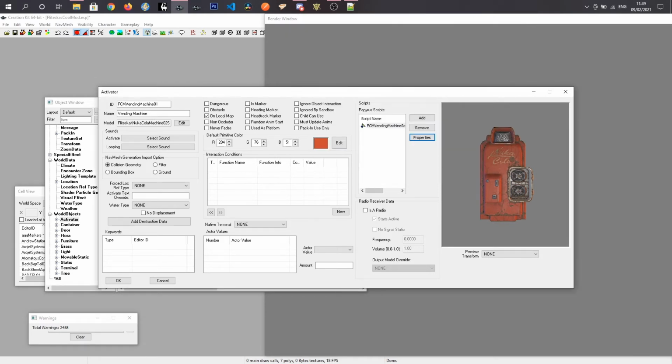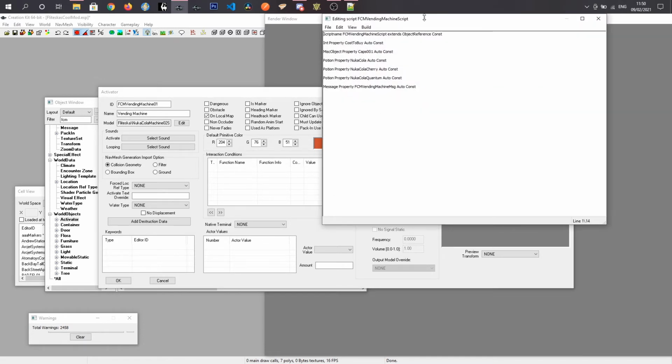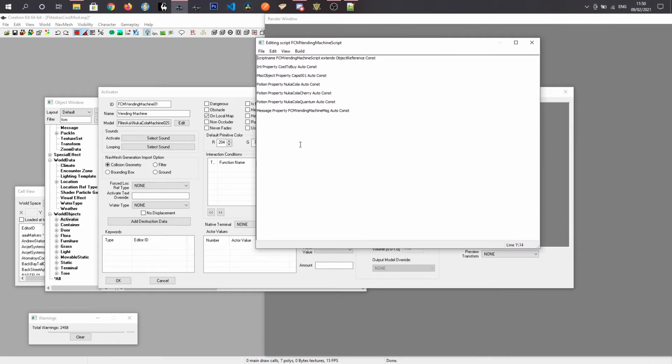Press OK, and now we are going to right click on our script, edit source. There's nothing in here at the moment, just a list of our properties, and we actually only need a single event, which is event on activate,